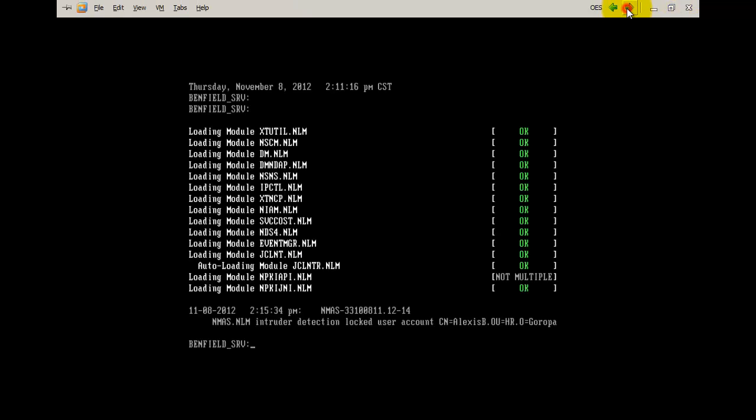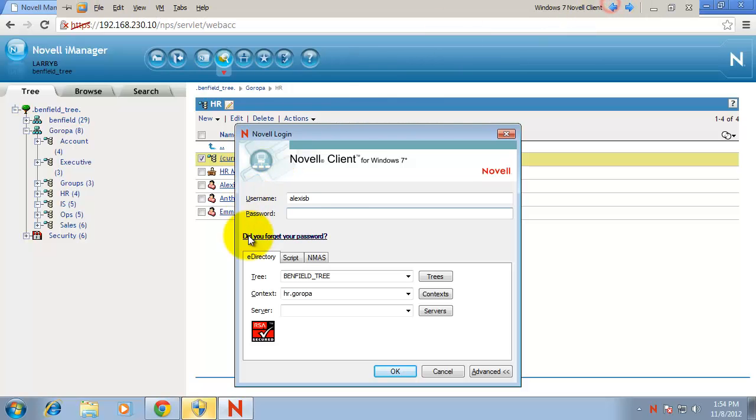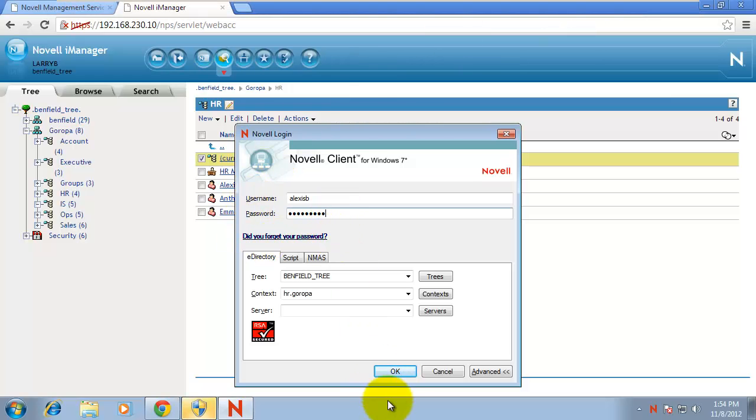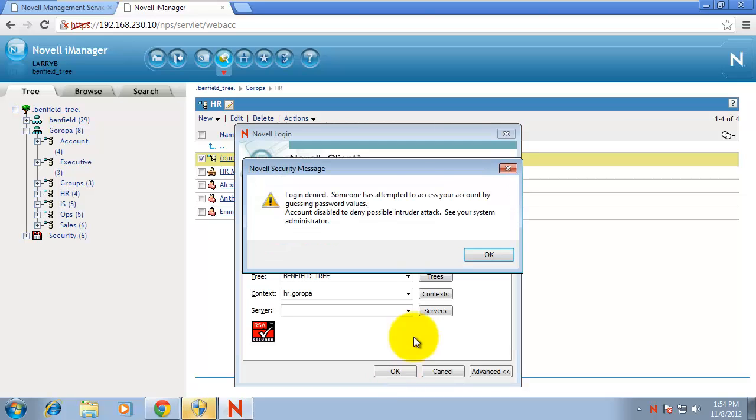Let's see if this is detected. Yep, Alexis was detected now because I did 3 incorrect logins. Now if I do another one, it should tell me that it's bad. "Someone's attempted to access your account by guessing the wrong passwords. See your system administrator." I'm Alexis. I want to call the help desk